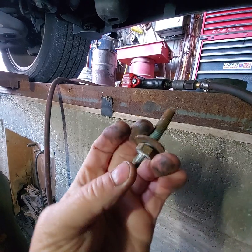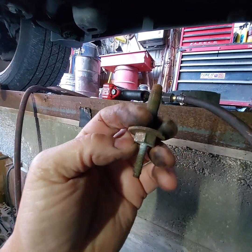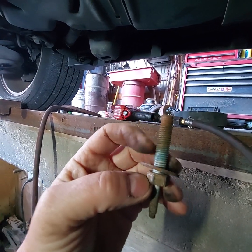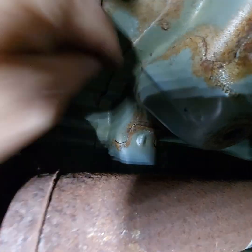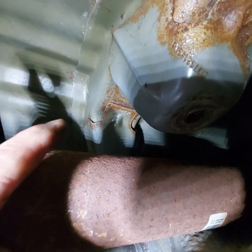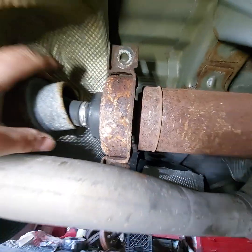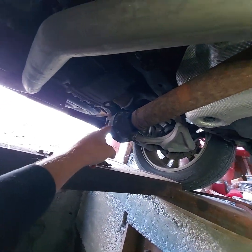the heat shield on. Then it takes a deep well 15mm socket, and to get that out, you got to be careful because they didn't want to come out because it's dry and rusty. So in the crevice of the body where that's welded there, I used my spray lube and ran it in there pretty heavy and let it run down on top of those threads. So take that off, drop it down, take your hammer and knock your joint loose,